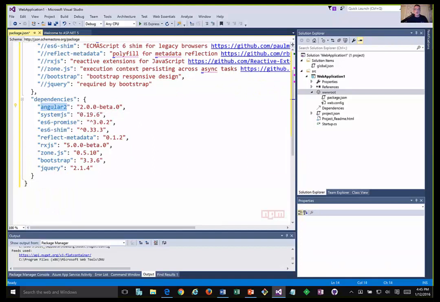The Angular 2 library, system.js for our dynamic module loading, the ES6 polyfills that allow ES5 browsers to use all the ES6 capability. I've got libraries in here that allow me to do reactive programming using something called observables, which is another whole topic. Observables are the new promise in Angular development. The zone, which is an execution zone, which controls the context of my execution, and then also good old Bootstrap